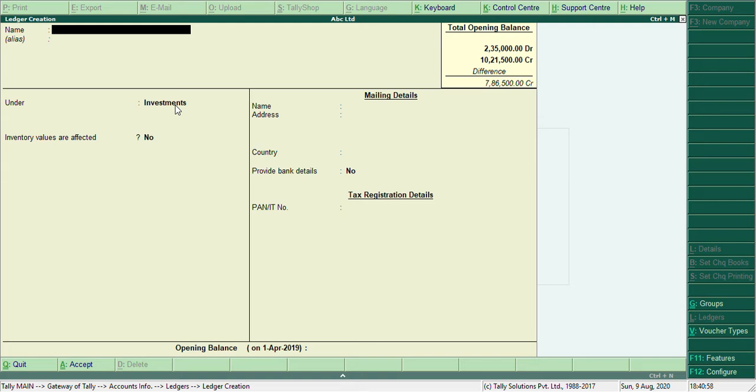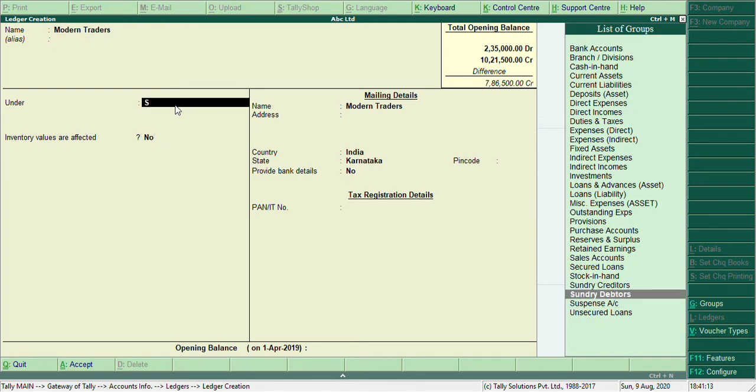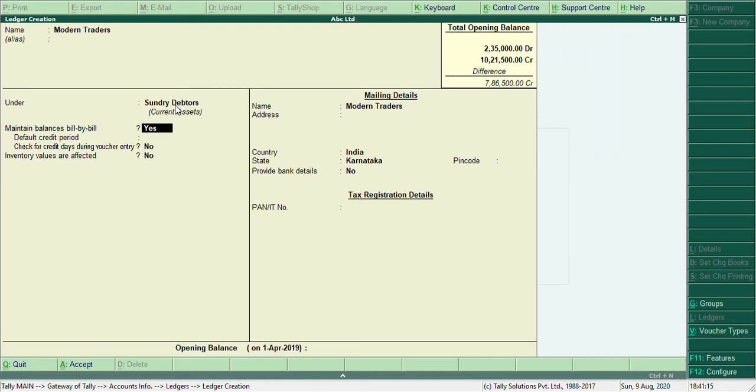Next ledger will be of sundry debtors. They are Modern Traders. Under the group of sundry debtors, they are customers. Maintain bill-wise details.